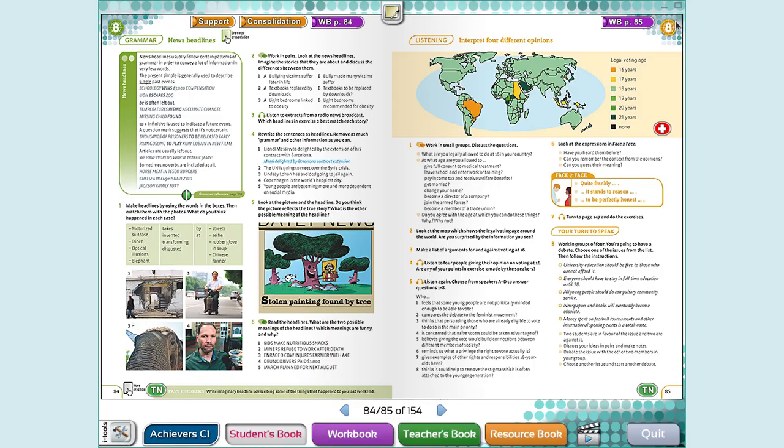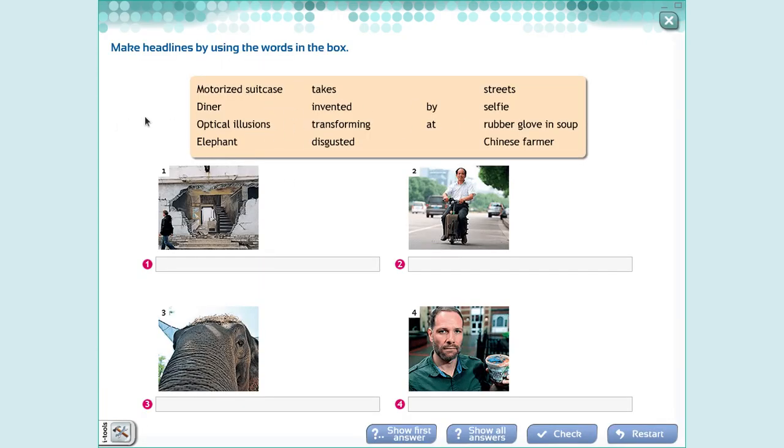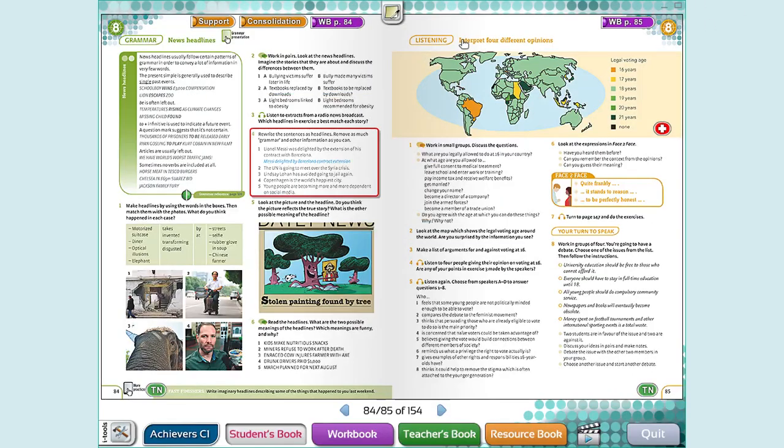Good. So what you have to do now is exercise 1. In our exercise 1, can we see that we have 4 columns? Yes? So according to the picture, you are going to connect the parts of the sentences to make good headlines, to take people's attention, okay? You can number. You don't have enough space to write the whole sentence, so you can number, okay? This is one of your homeworks.